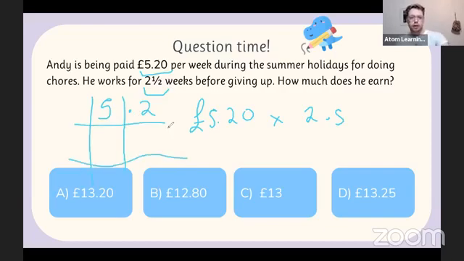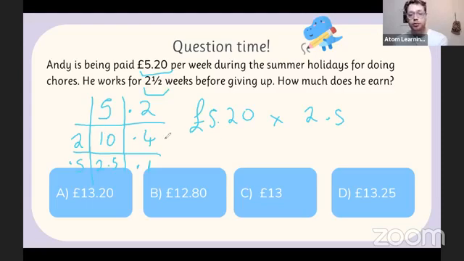Oh wow, what a good straight line I just drew. Then we would put our 2 here and our 0.5 here, and then you just work across. So 5 times 2 is 10, 2 times 0.2 is 0.4, 5 times 0.5, that's 2.5. Should have picked a better color because you can't really see the bottom of the 2.5, but I promise it's there. And then 0.5 times 0.2 is just 0.1. Timesing by 0.5 is just dividing by half.